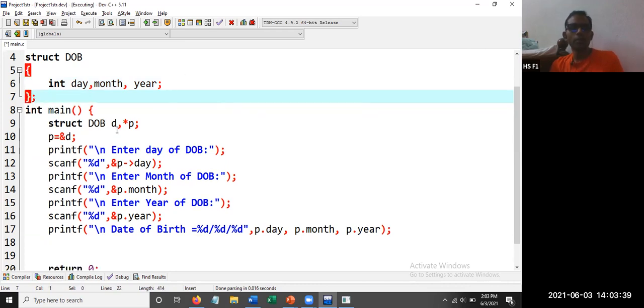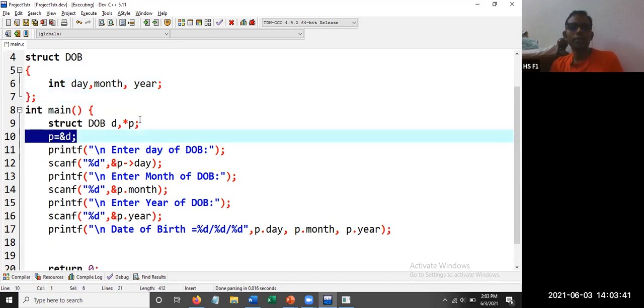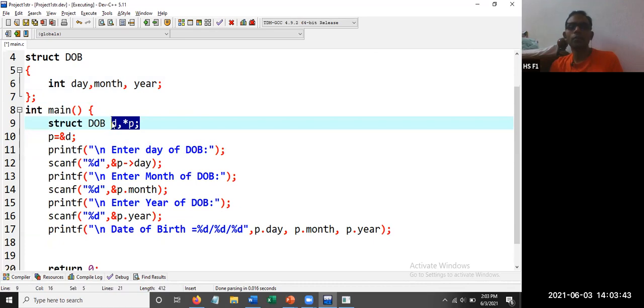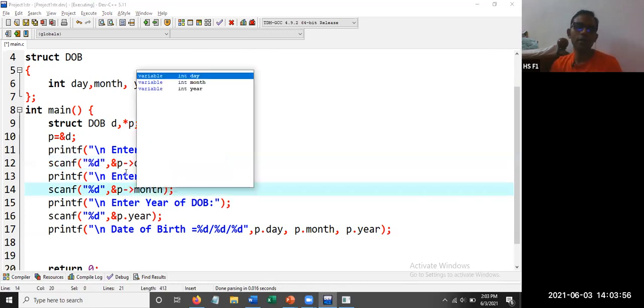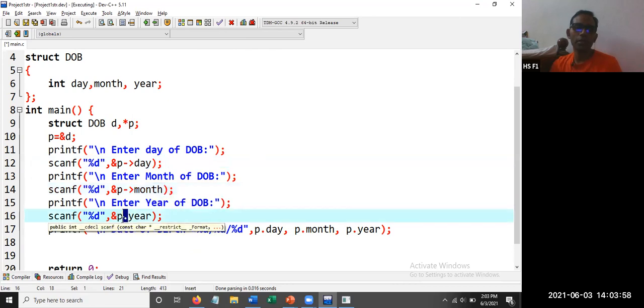We'll see this example also. Don't worry. Here we are writing P is equal to address of D, so we now have a pointer to D. Instead of writing P dot day, we are going to write P arrow day. This is the operator used for pointers. So here we change to P hyphen greater than symbol, similarly for the others. You can call it hyphen or minus symbol, whatever you call.